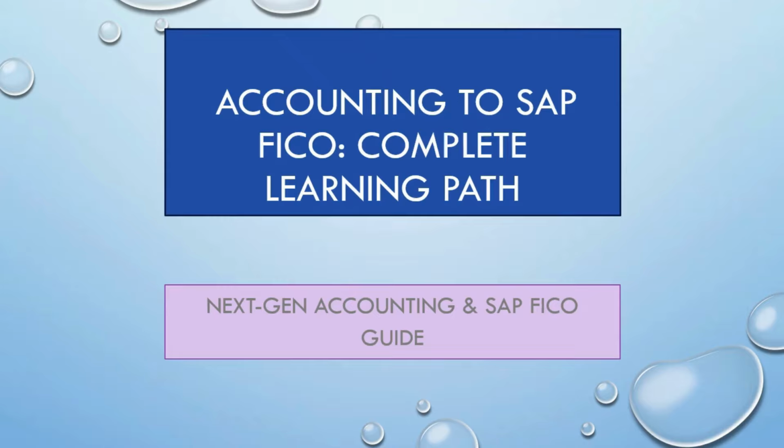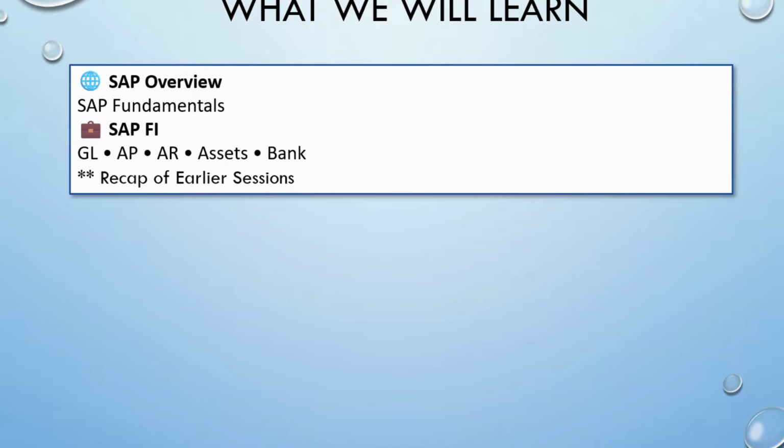Dear all, today we are going to cover session 2 of our Accounting to SAP FICO complete learning path, the next-gen accounting and SAP FICO guide. What we are going to learn today: first, the fundamentals of SAP, SAP overview and SAP FI. We will be covering general ledger, accounts payable, accounts receivable, asset accounting, bank, and then